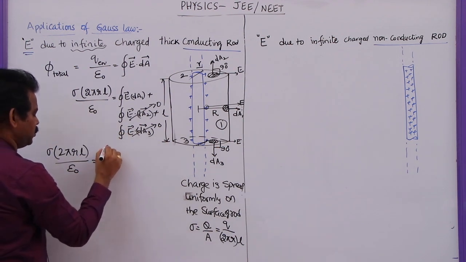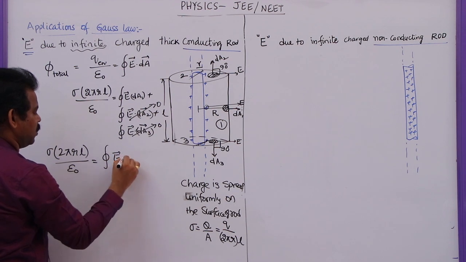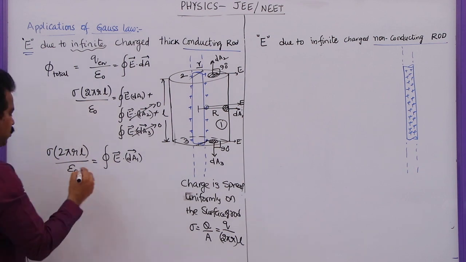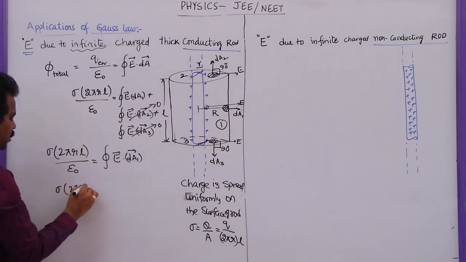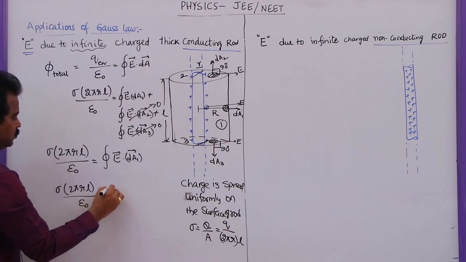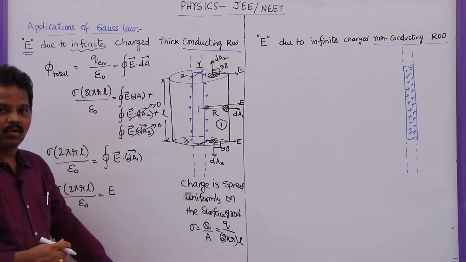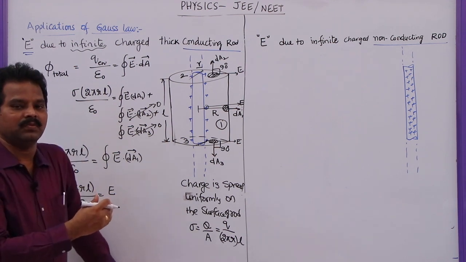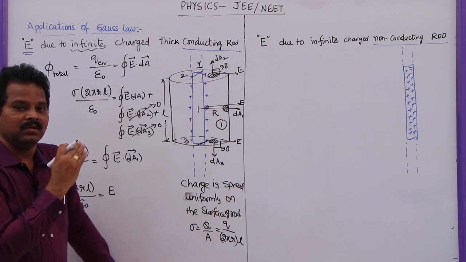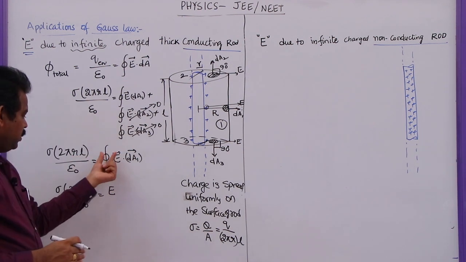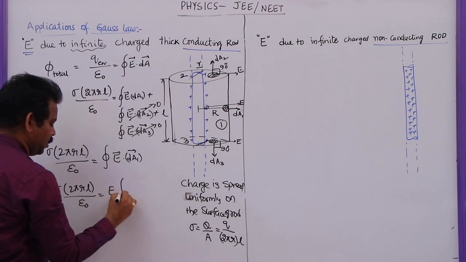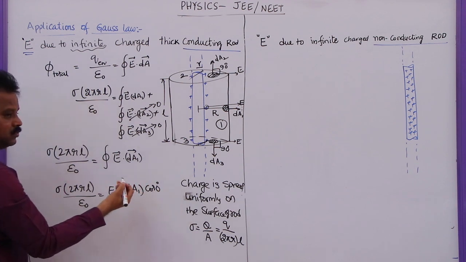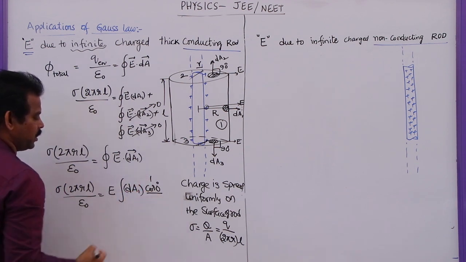So what I am going to write here is the integral of E bar dot dA1 only. So now sigma 2 pi RL by epsilon naught is equal to the electric field, which on the closed cylindrical Gaussian surface is always constant. Why? Because we need to construct a Gaussian surface such that at any point on the curved surface, the electric field must be constant. So I took this constant outside. Integral of dA1 cos 0. Cos 0 is 1, so no need to write it. Otherwise you can write this 1 here.